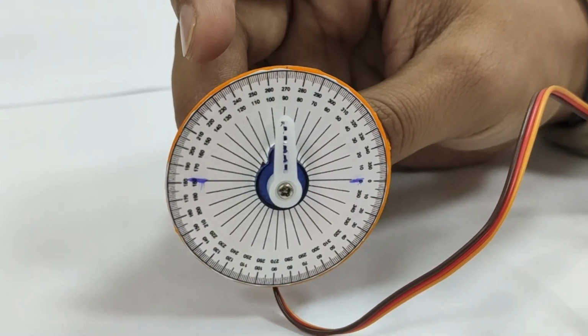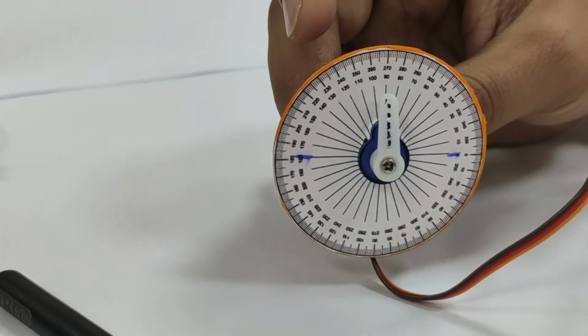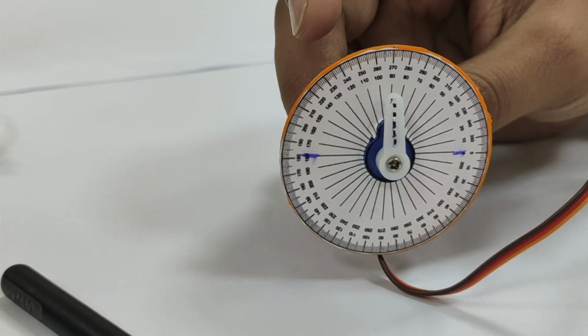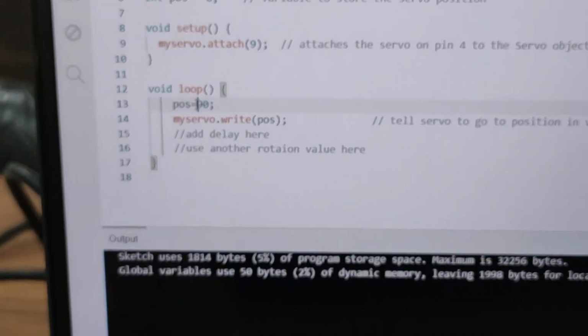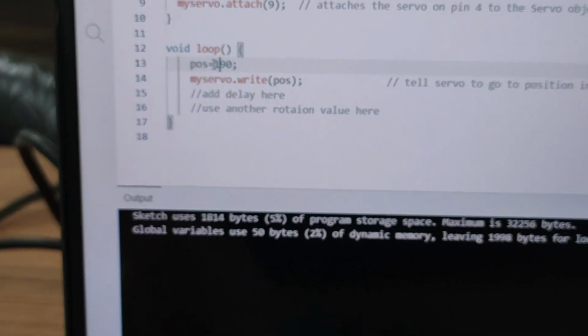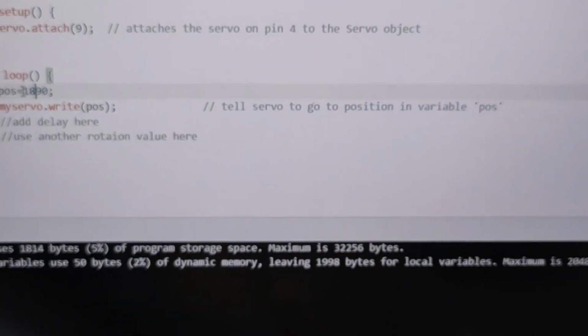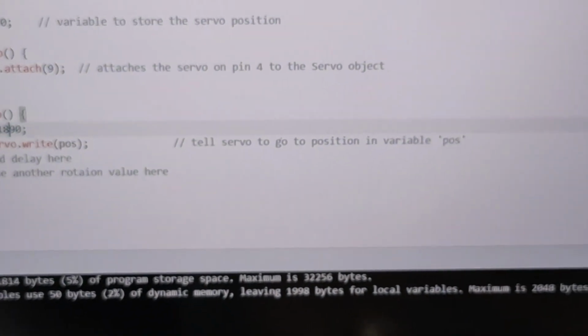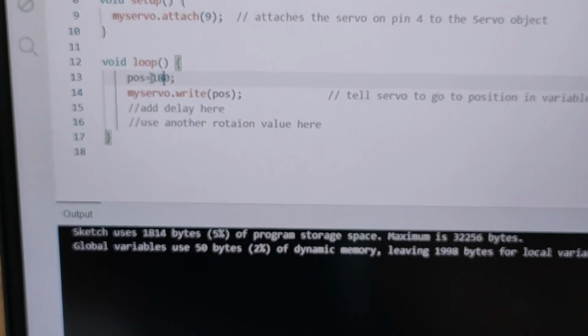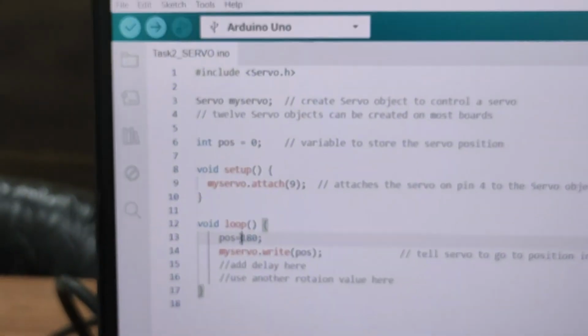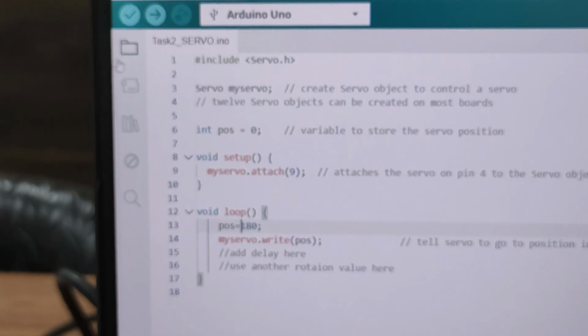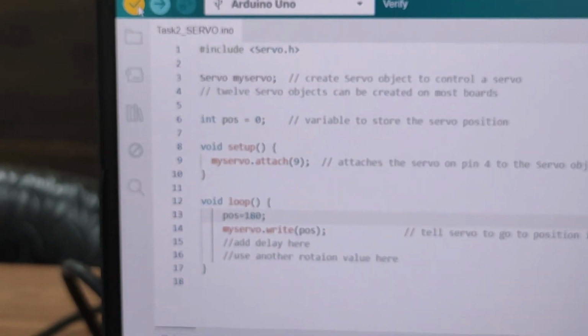Then you can change it again to maybe 180 degrees. So here we are changing it to 180 degrees. Again we compile the program and download it.